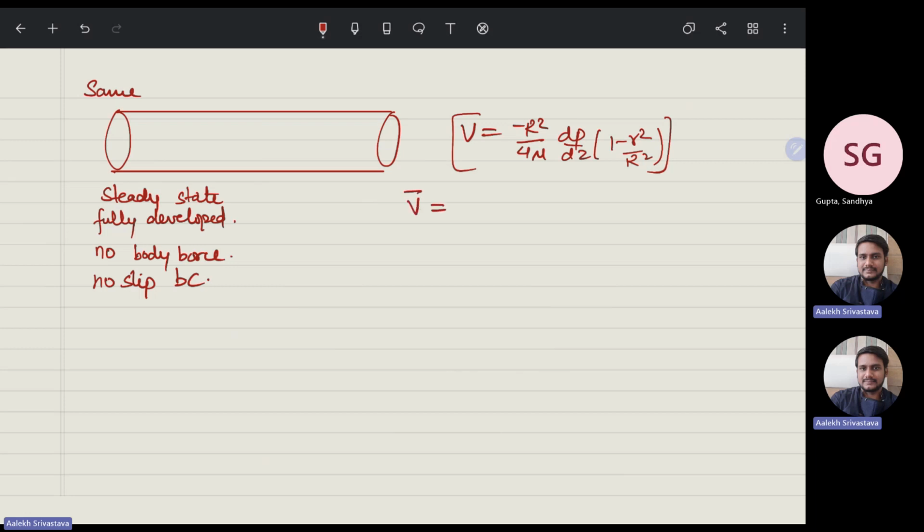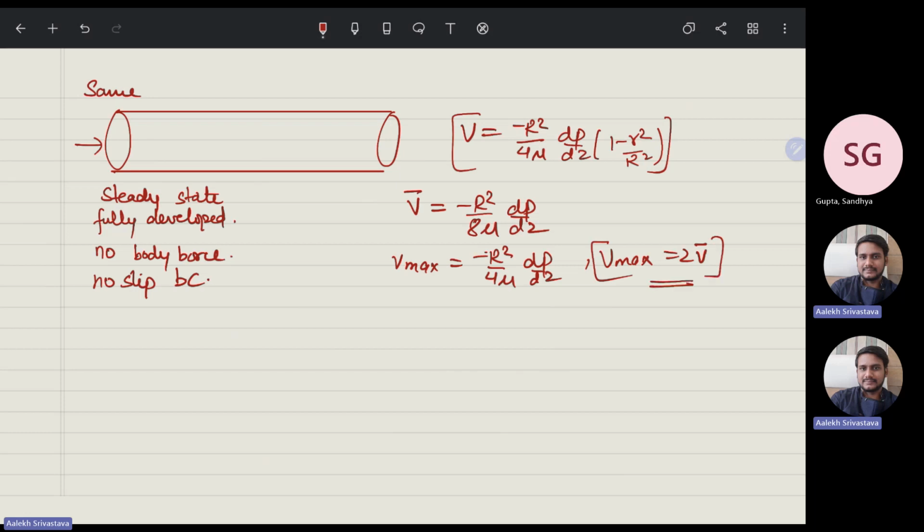V average for this cylinder is minus r square by 8 mu del p by del z. V max is, I think, minus r square by 4 mu del p by del z. That means V max is equal to 2 times V average. That is one thing that is there. Now,